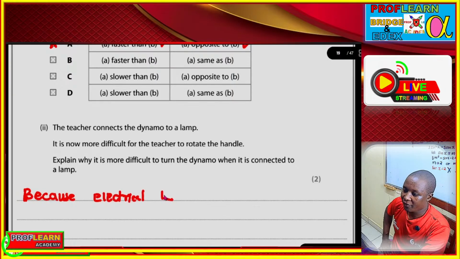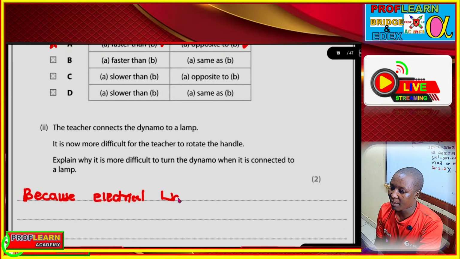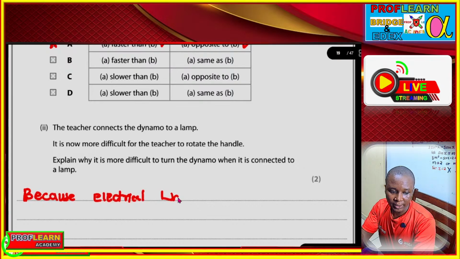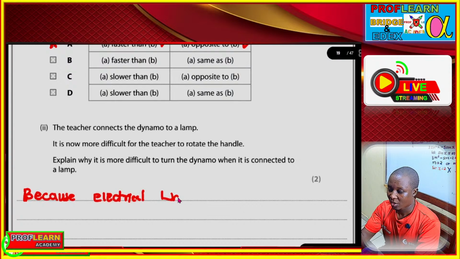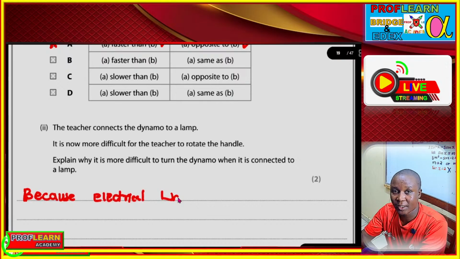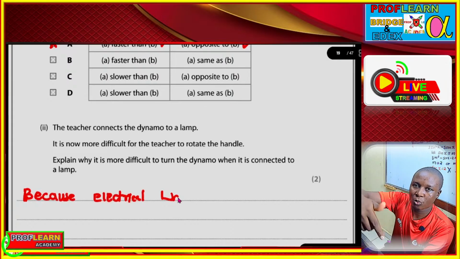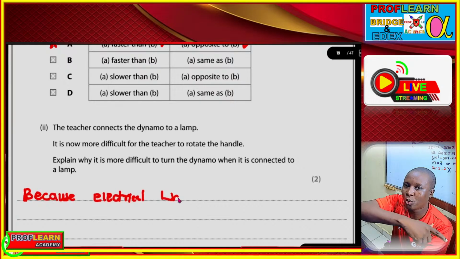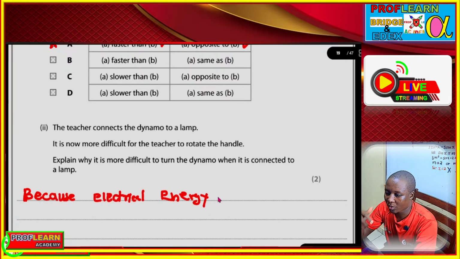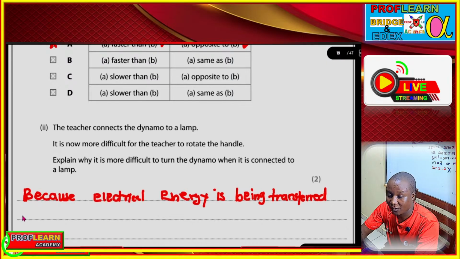Explain why it's more difficult to turn the dynamo when the lamp is connected. Remember, when the lamp is connected, some electrical energy is transferred. So when electrical energy is transferred, the teacher has to do more rotations in order to replace the used energy. So we're going to say electrical energy is being transferred to the lamp,